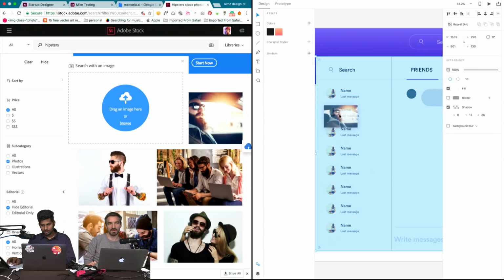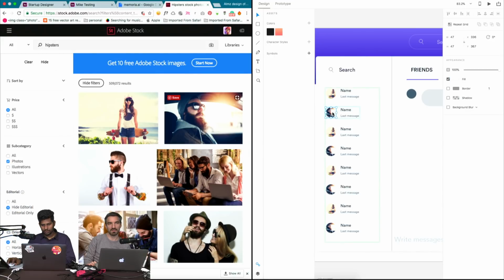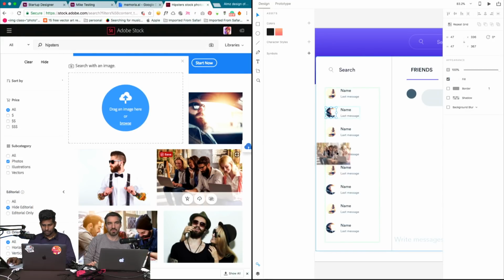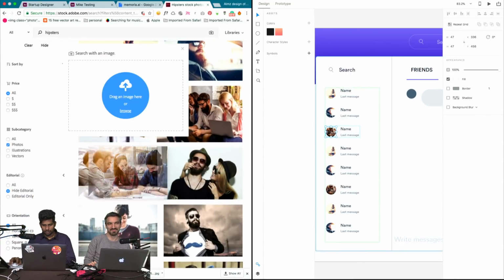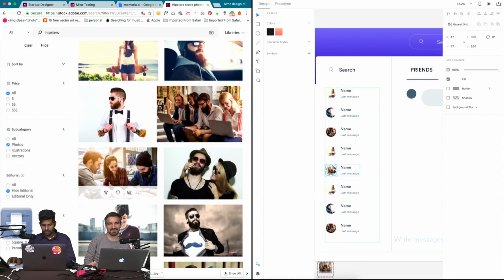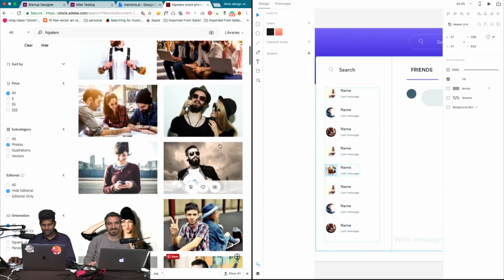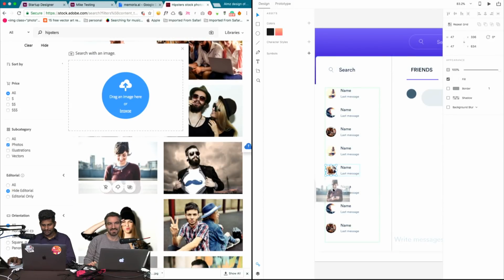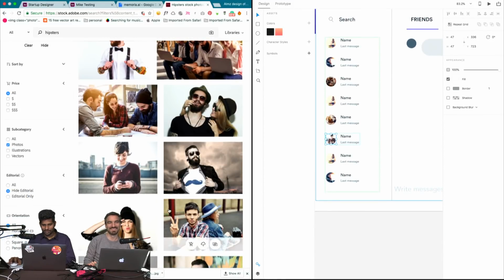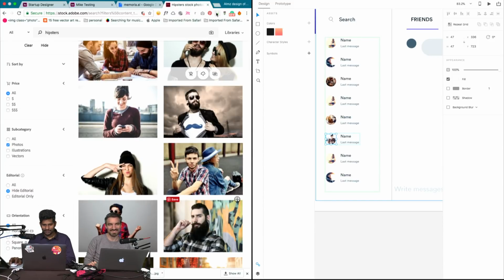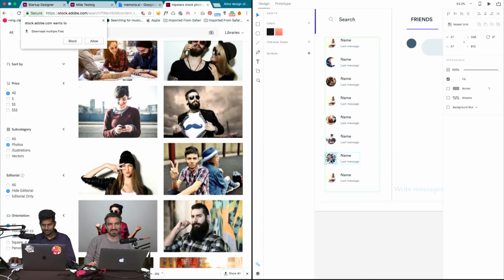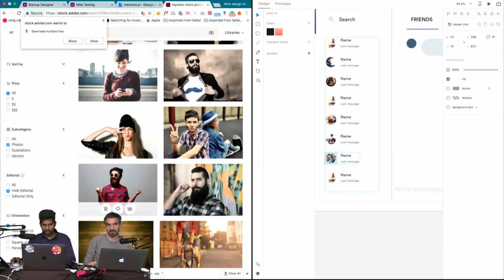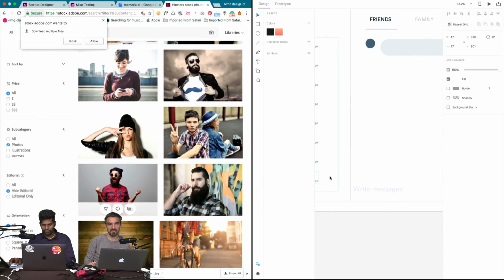But it copied the same image. Oh, that's cool. Since I have one plugin, it automatically downloads the image for me. Oh, that's your plugin. Yeah, that's my plugin problem. Oh, no problem. That's very cool. It's fast, huh? I don't need to download, then drag it here, folder. Directly from stock.